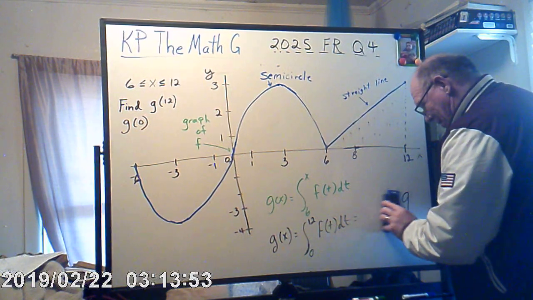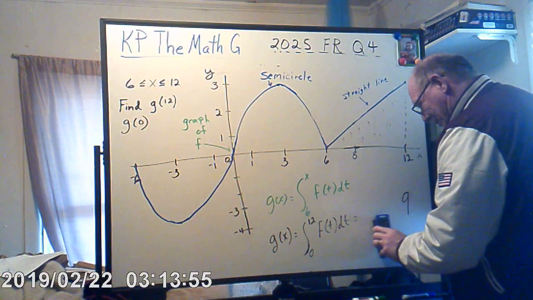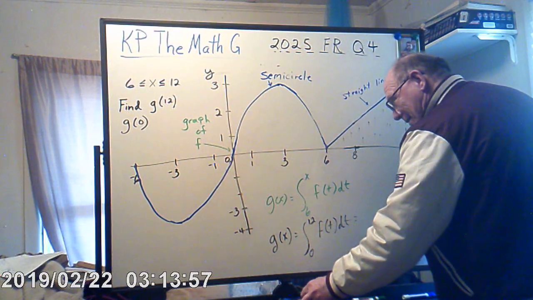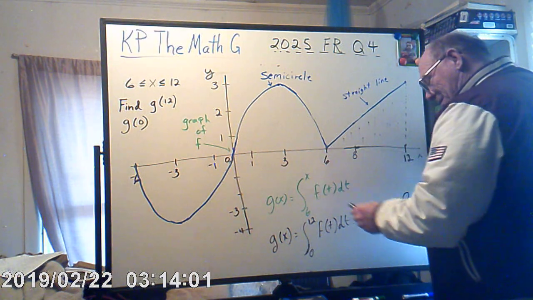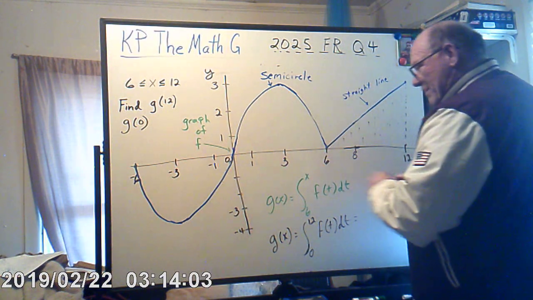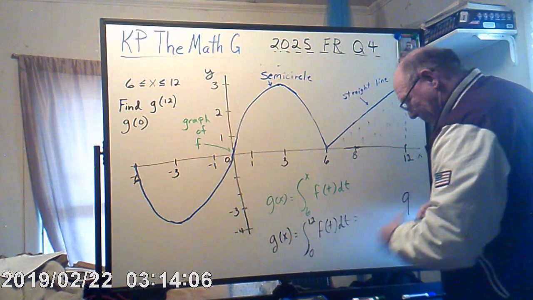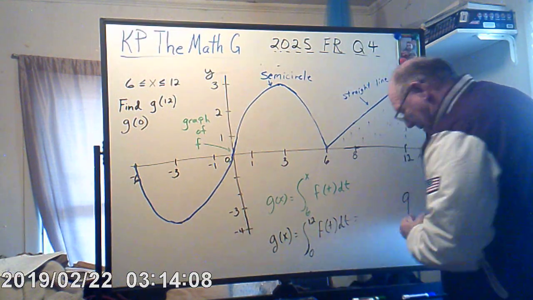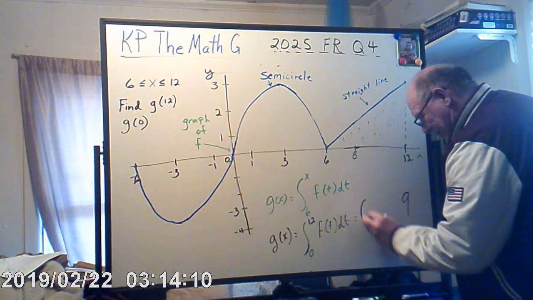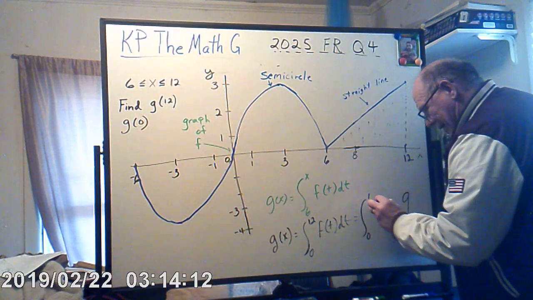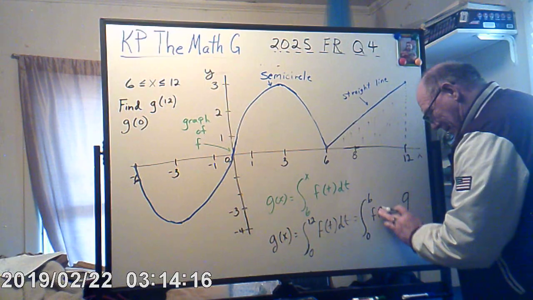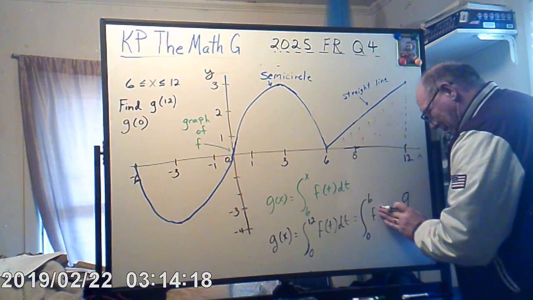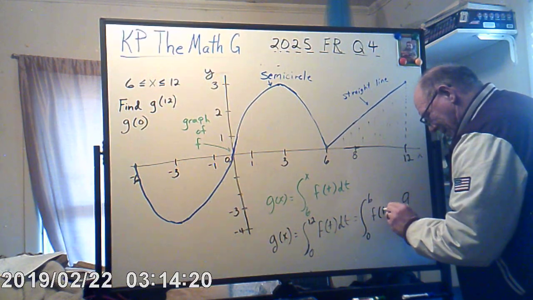We already know that from 6 to 12 it's 9, right? Let's deal with this. From 0 to 6, it's the integral from 0 to 6 of f of t dt